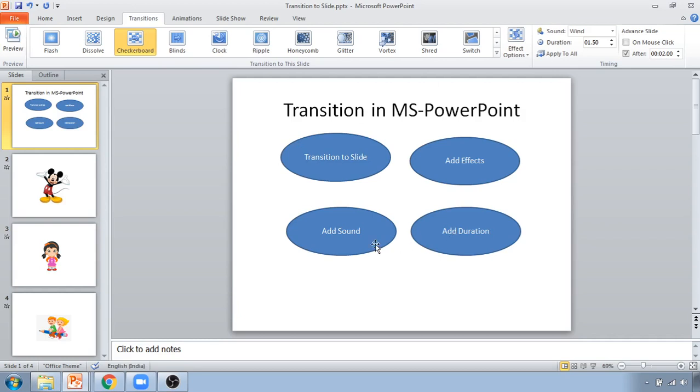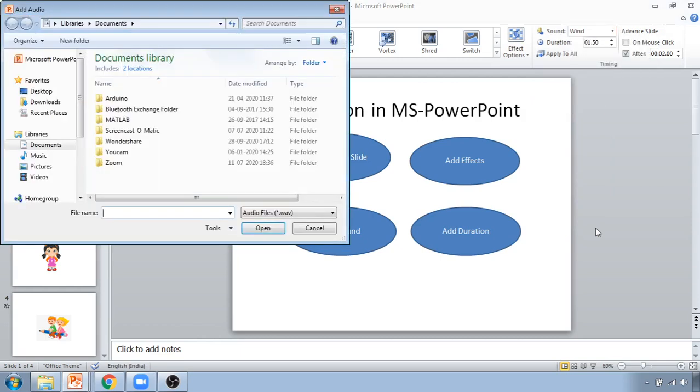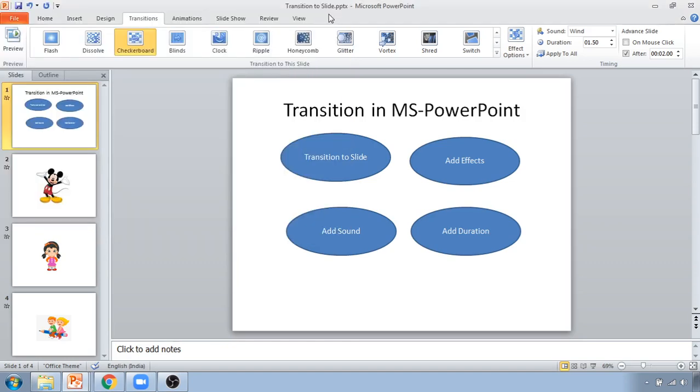Now one more thing, if you want to add a sound, instead of this, if you want to use another sound, then you have to click on other sound and select the file from your desktop or PC. That file should be in WAV format. Other formats aren't supported here.